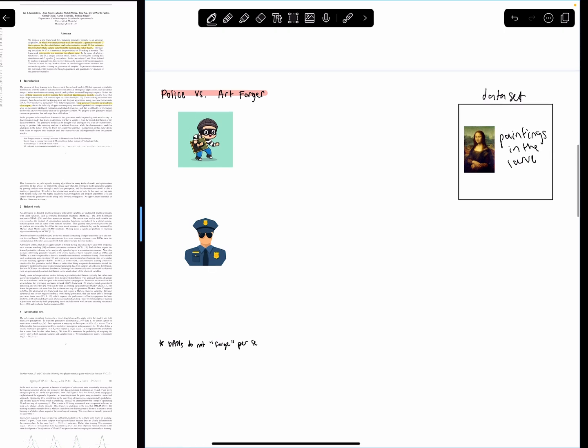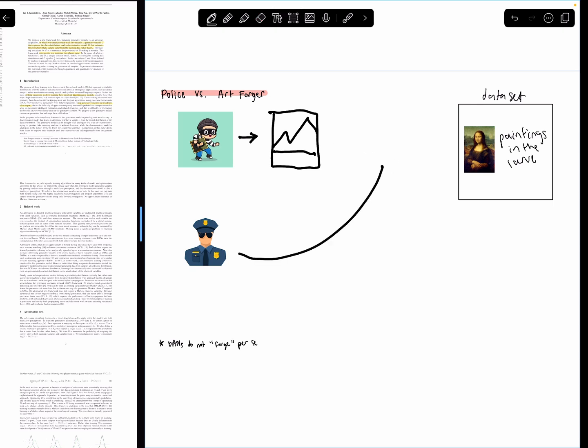All right, so the art forger is going to make a painting, and it's not going to be very good at first. This is my best drawing of a painting. Then he's going to try to send this to the Louvre. But then the police officer is going to stop him. He's going to say,